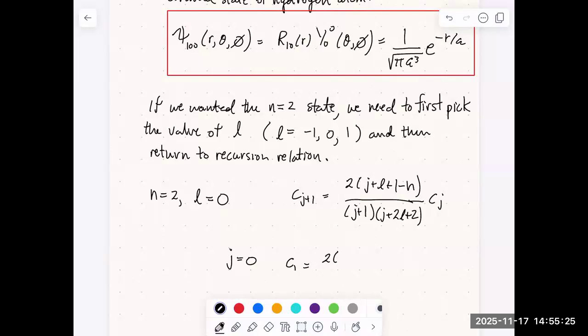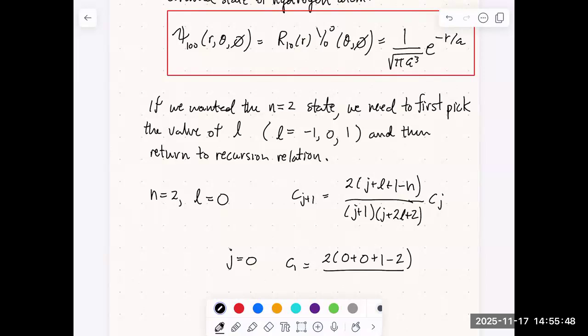The 2 is going to go in here. All right. So we get a j equals 0, so we get 0 plus 0 plus 1 minus 2. So this is j equals 0, L equals 0, n equals 2. So this is going to be 1